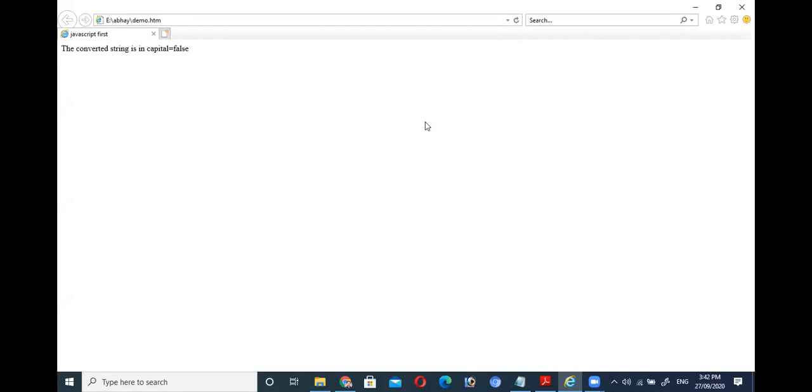So by using the confirm function, we can generate two values, either true or false, by clicking the OK or cancel button. When I click on the OK button, the value true is generated. When I click on the cancel button, the value false will be generated. So this is about true and false.